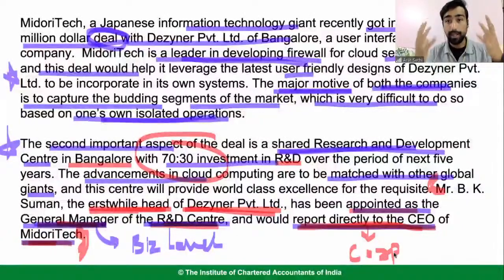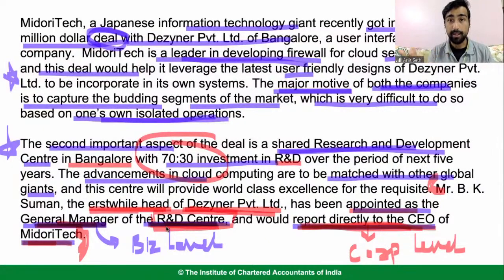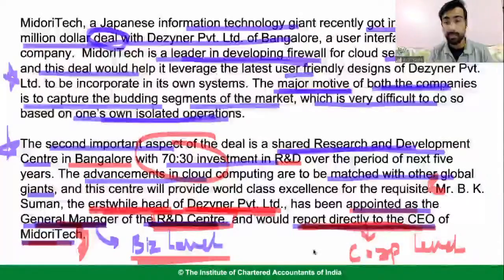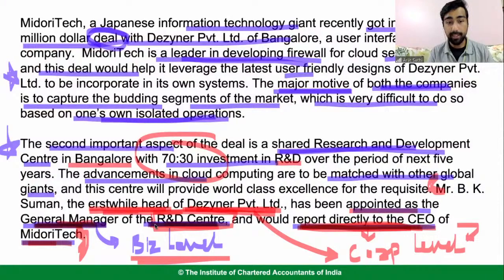How am I understanding this question? He is reporting directly to CEO, corporate level के हैं, but he is taking care of a particular function. He is taking care of a particular head. He is the general manager. He is not even a functional head. He is the general manager. तो ये business level भी है, because he is the erstwhile head. He is the existing head of Designer. The corporate level manager तो पहले भी थे, and he is directly reporting to CEO. So he is again a corporate level manager, and he is the general manager of R&D. एक particular business, एक particular segment के he is the head. He is the business level manager.